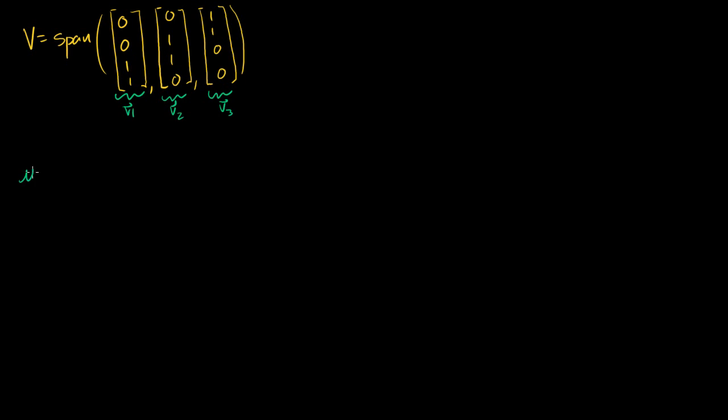So let me call it U1, which is equal to, well, let me just find out the length of V1. I don't think I have to explain too much of the theory at this point. I just want to show another example. So the length of V1 is equal to the square root of 0 squared plus 0 squared plus 1 squared plus 1 squared, which equals the square root of 2. So let me define my new vector, U1, to be equal to 1 over the length of V1, 1 over the square root of 2, times V1,